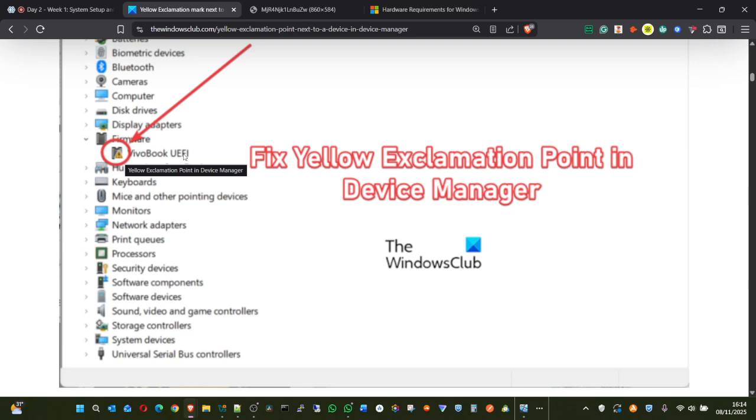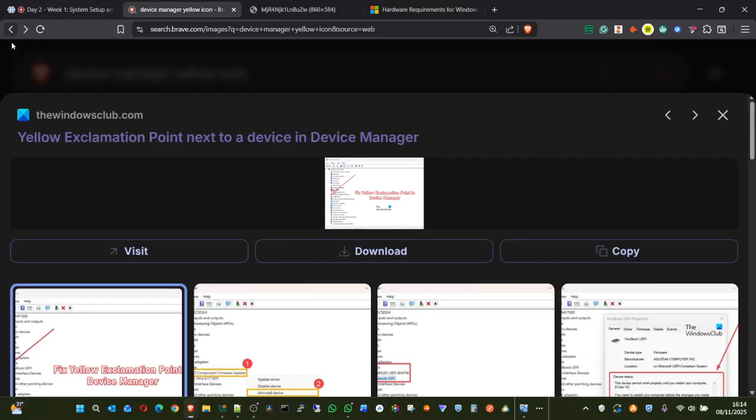It's a firmware for the BIOS. It's having a little issue.